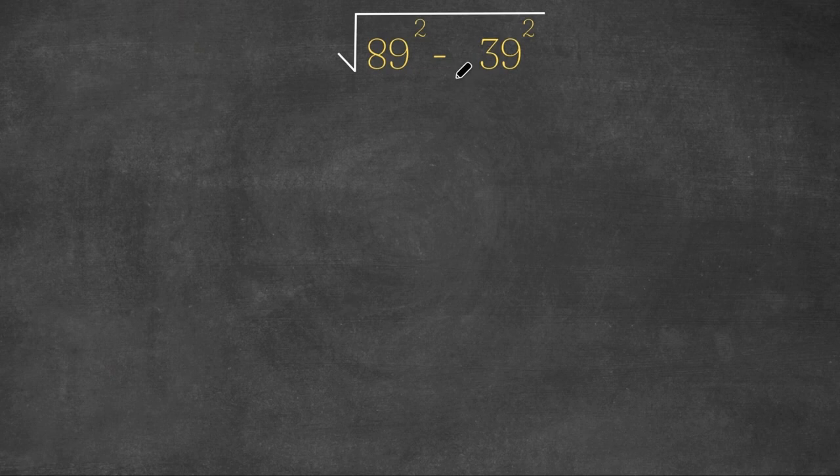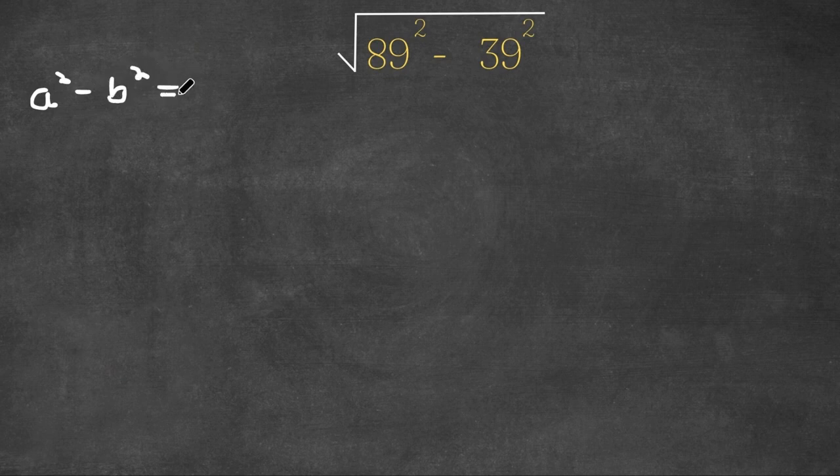In today's video, I'm going to be teaching you guys how to solve this exponential problem without a calculator. So we have the square root of 89 squared minus 39 squared. Now, let's first ignore the square root and just focus on what's inside. So we have 89 squared minus 39 squared, and if we actually have something in the form a squared minus b squared,